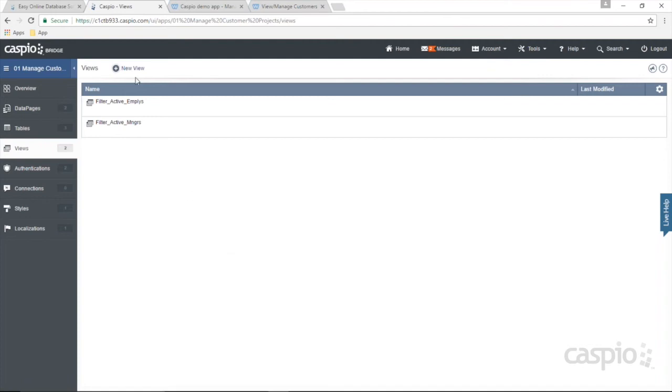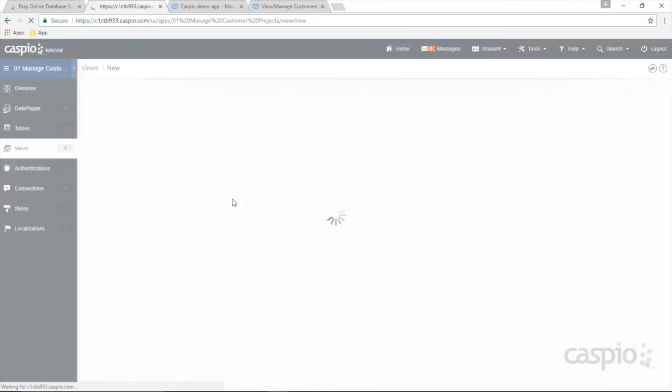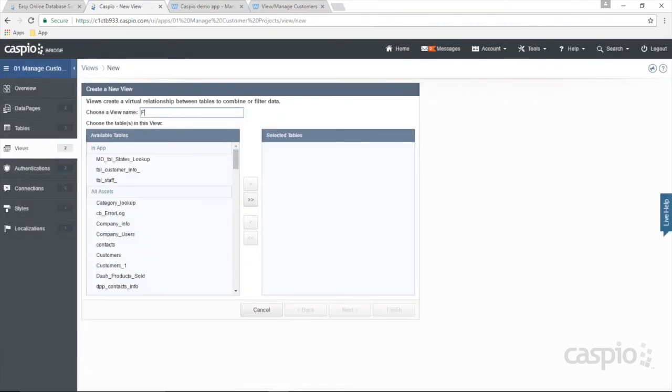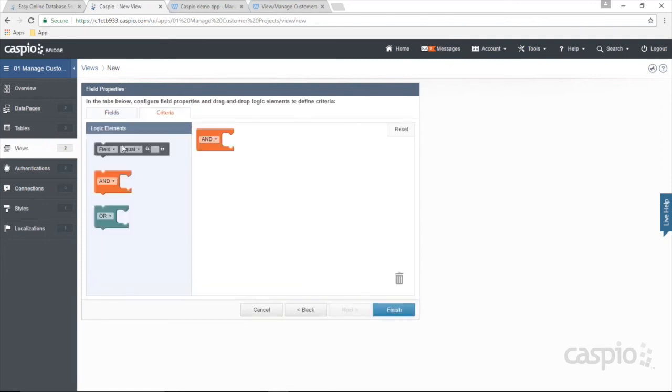Okay, so for example, if I set up my third view now, I want to filter everyone from the staff table that's active. Again, from the staff table, and in the criteria tab, we don't care if they're a manager or an employee. The only thing that we care about is that their account status is checked. That is the only thing. We only care about active staff members. So when I hit finish,